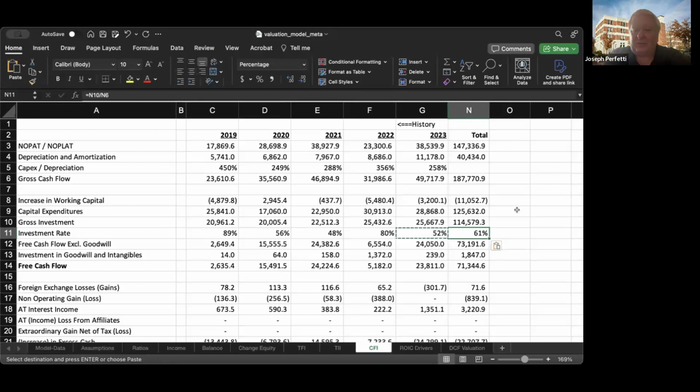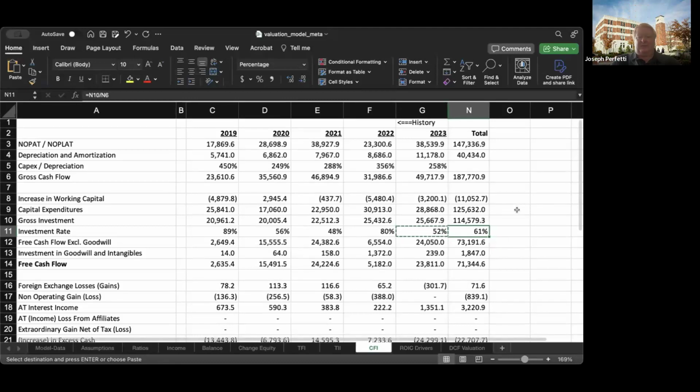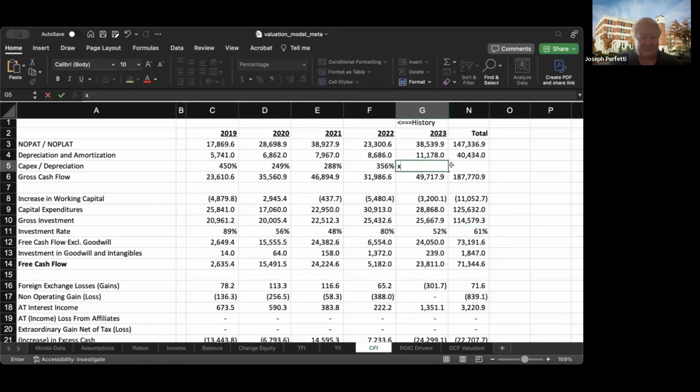Before rebounding to 24 billion. But again, averaging out to a 61% reinvestment rate over the 5 years. But again, really it was 2019 and 2022 that they made big capital expenditure years. In terms of the CapEx depreciation ratio, yeah, should copy that over there. So you probably got to get a calculator out, but they averaged 311%, and the lowest year was 249%